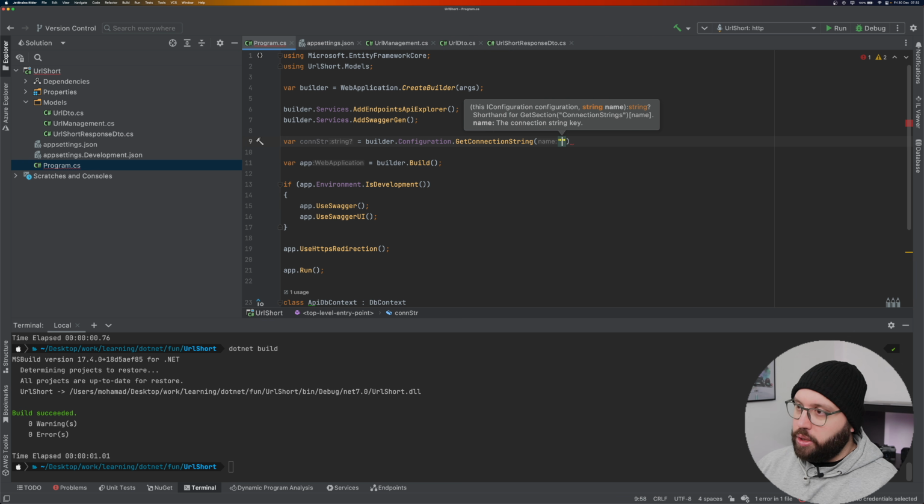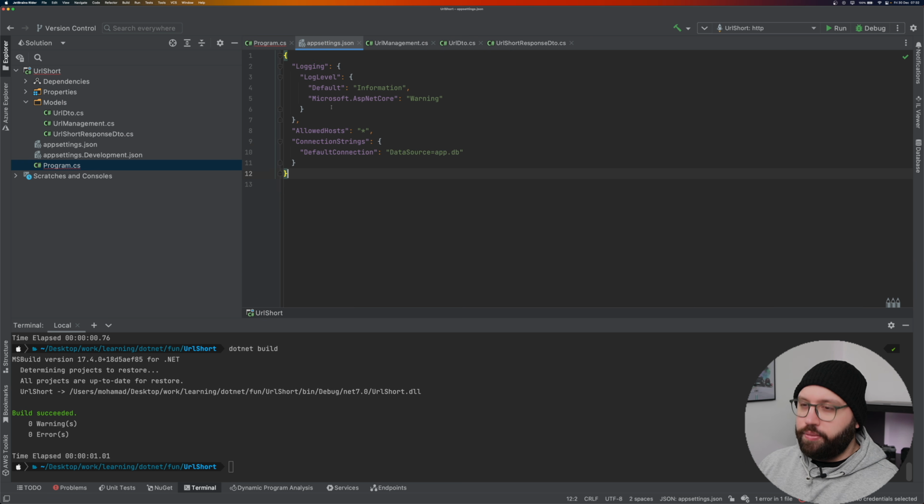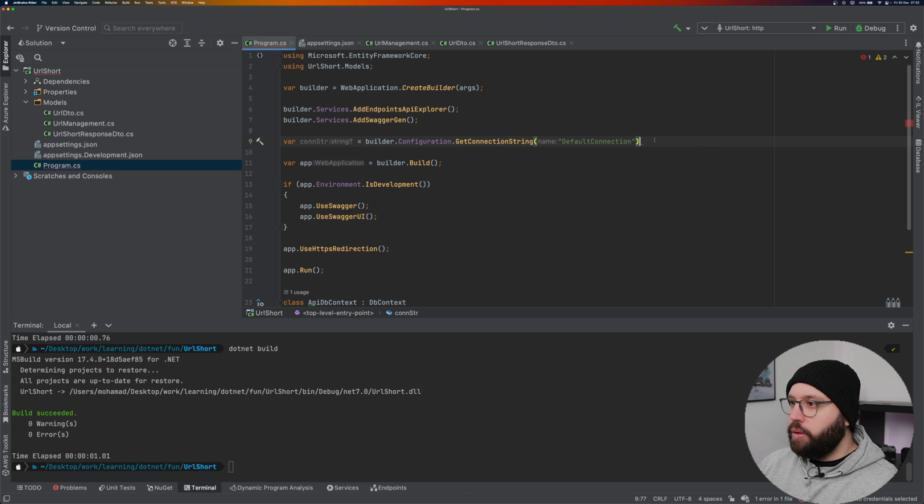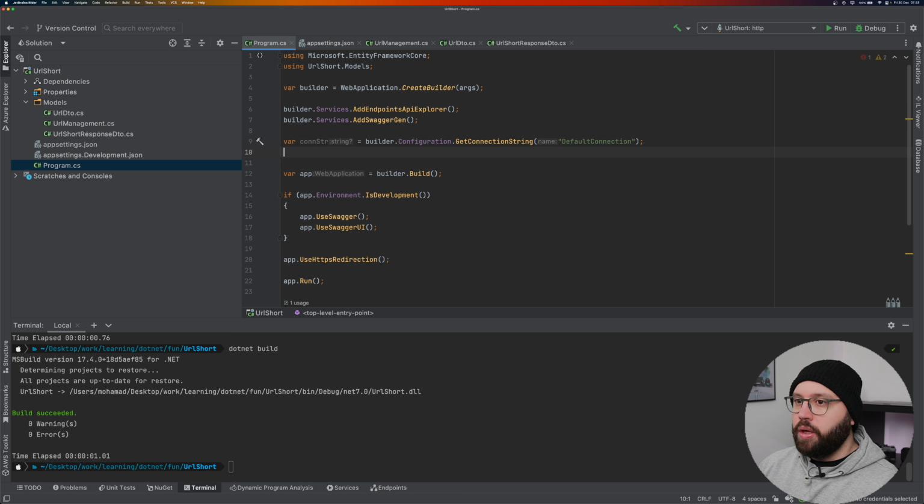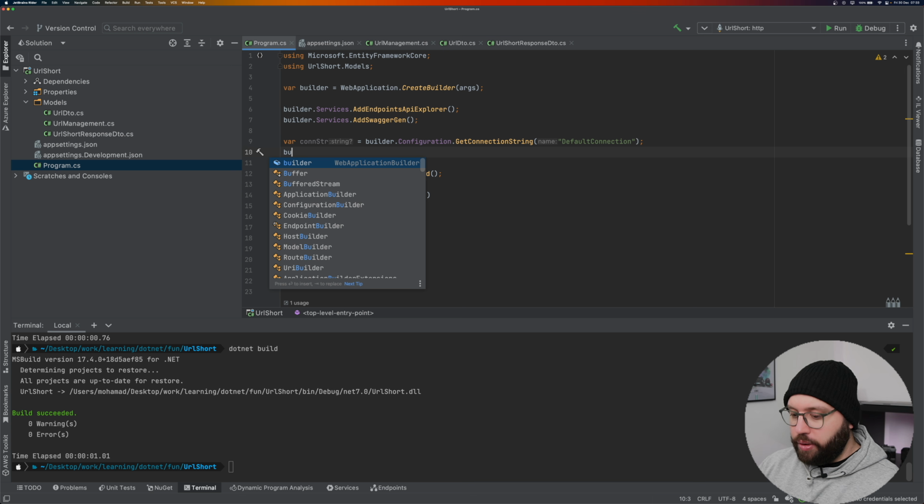And we're gonna just utilize, I think we call it default connection. Yeah, let's take this. And this basically will allow us to have access to our connection string. And once we have done all of that, the next step for us is we need to embed it. So we're gonna put